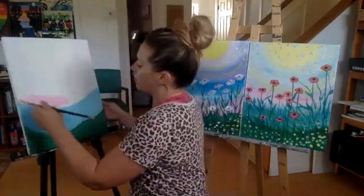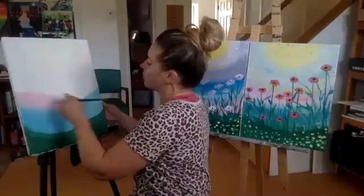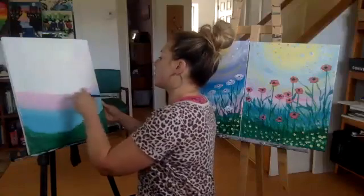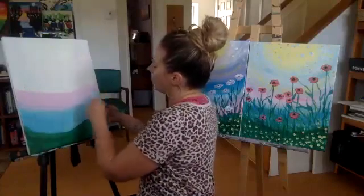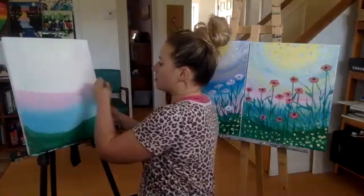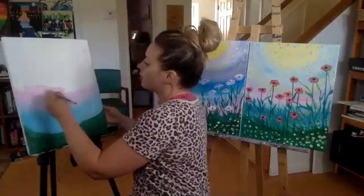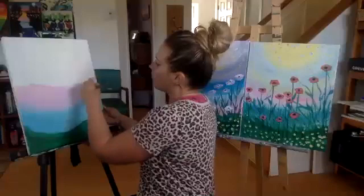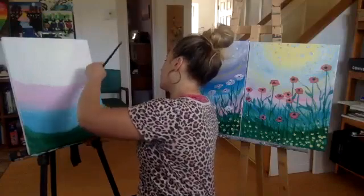Okay, so now that I've got my blue down, I'm going to transition to pink. So just like we do with all of our skies when we're doing sunsets or skies that have layered colors, the idea is that you don't want there to be hard lines in between two colors. So you want to try and blend one color into the next, which is fine with this because it'll end up looking a little bit purple, like a purpley pink, but that's great. And again, we want it swooping upwards on the sides and about